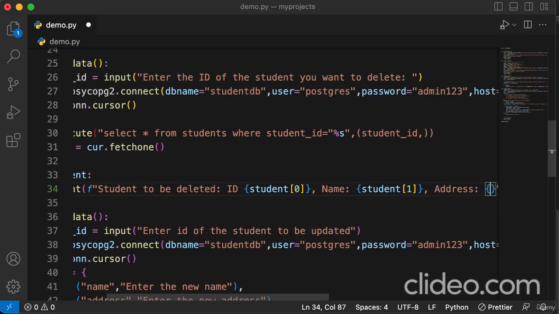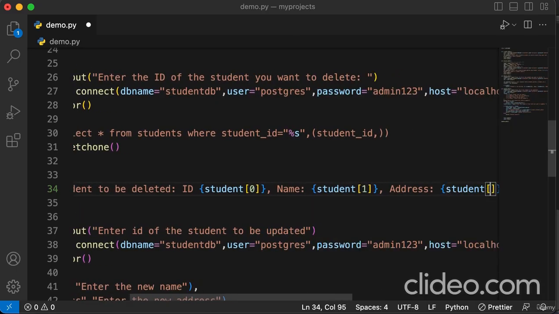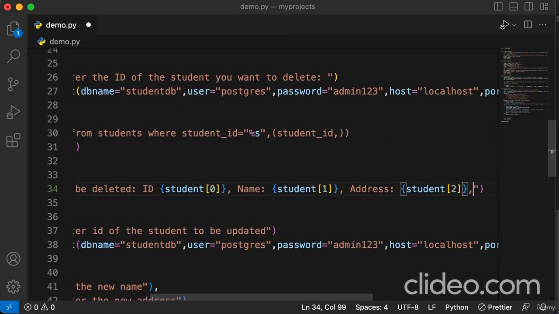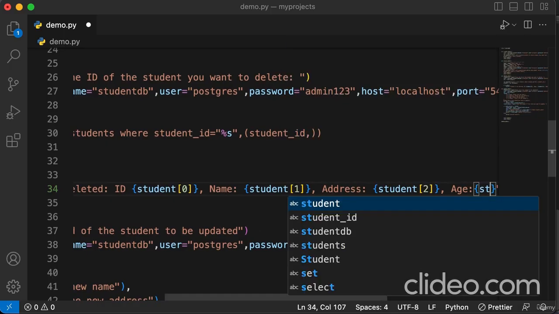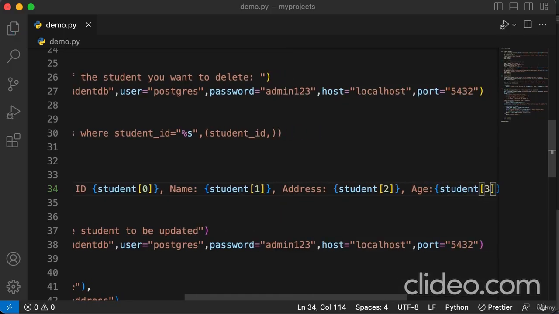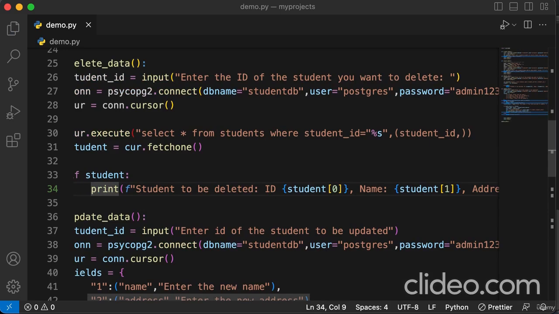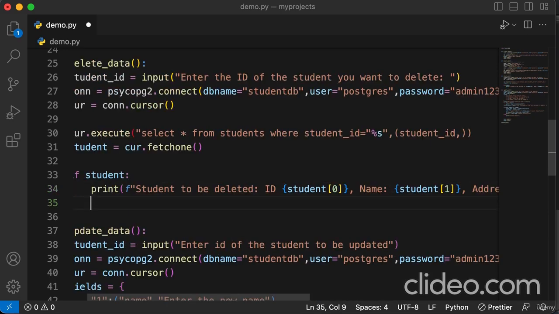So the address is going to be student of 2. And then let's get the age of the student as well. So age is going to be student of 3. And that's it. Once these values are displayed to the user, then we want to go ahead and ask the